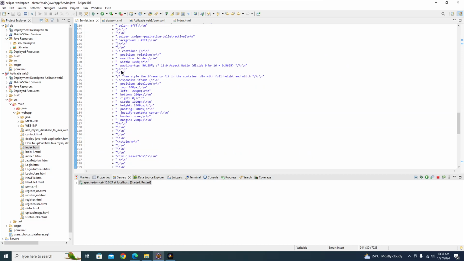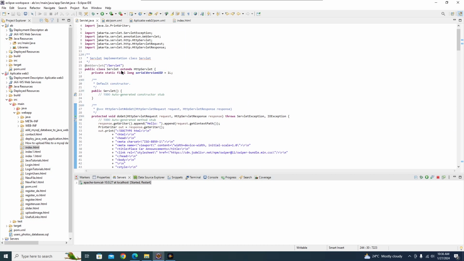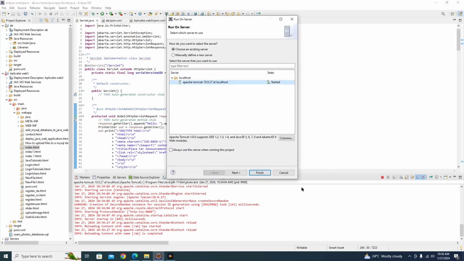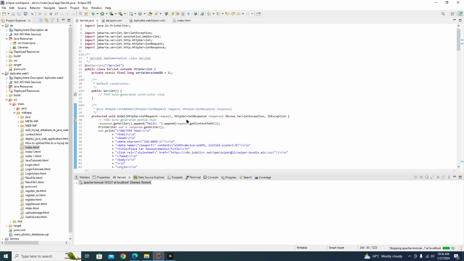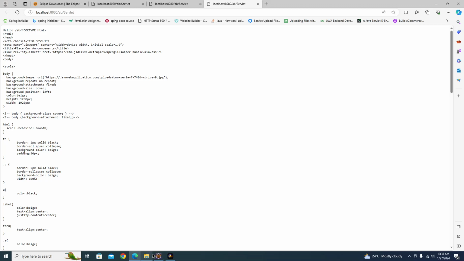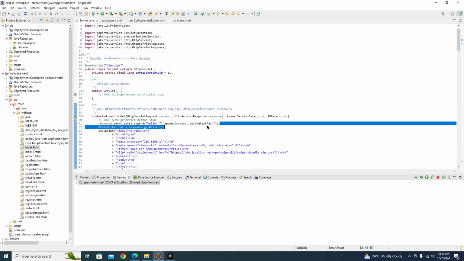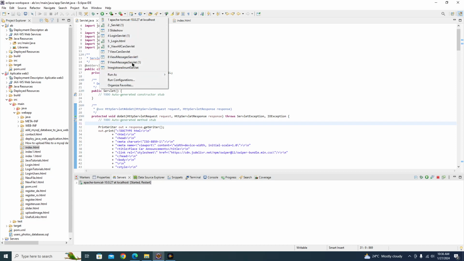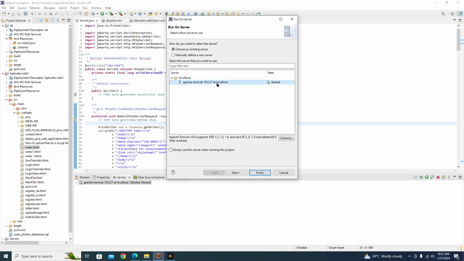Click on save. There are no errors, as you can see, and I will just run the application on the server again and restart server, finish. Just a second, you have to delete this line, which always appears when you create a servlet. Just save, run the application again, and now my home page